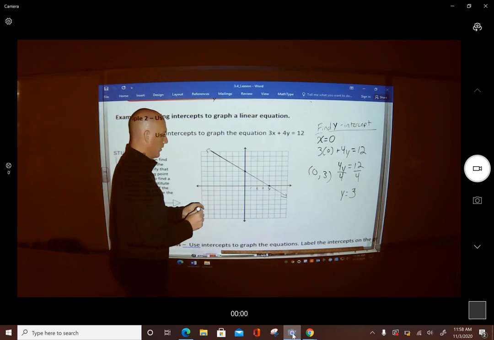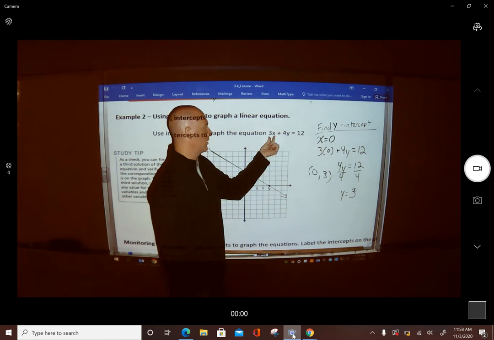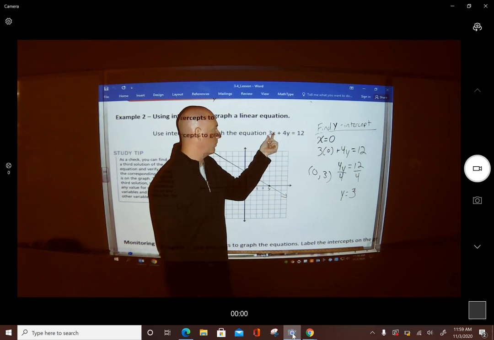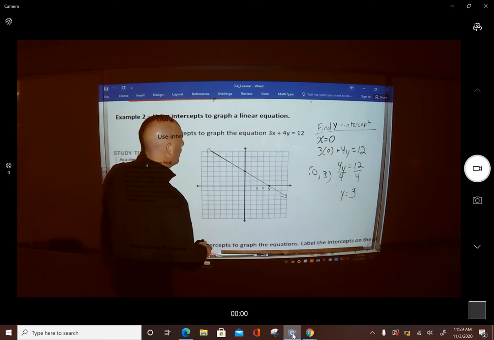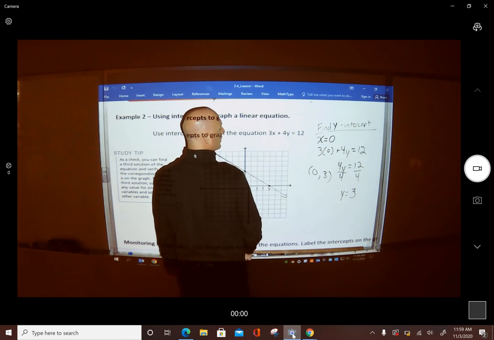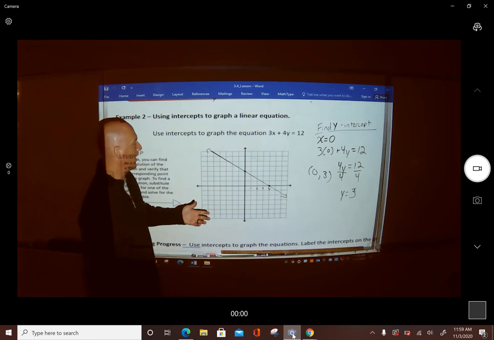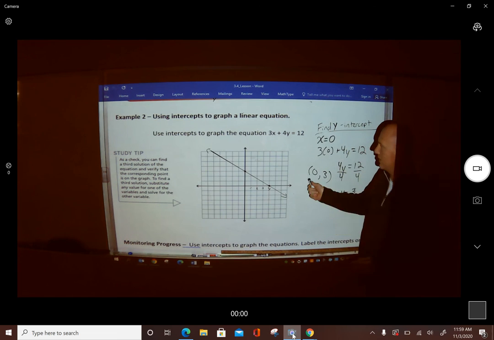So, if you're new to this and you're not that sure of everything, just remember, at the x-intercept, y was 0, you plugged it in, solved for x. At the y-intercept, x was 0, you plugged it in, solved for y. Or you can start thinking the cover-up method. To find the x-intercept, I cover up the y term, and then that's my equation. To find the y-intercept, you cover up the x term, and then you just solve. But there's a reason that happens. These multiply by 0 and then they go away. So there's example 2. Go ahead, work on the monitoring